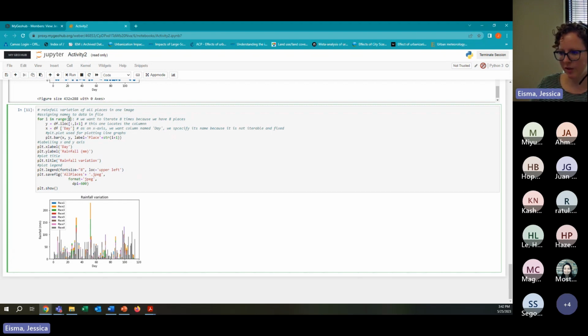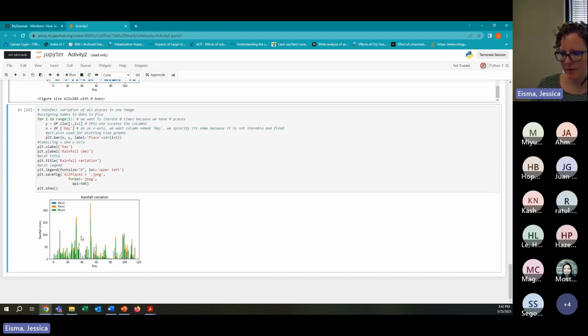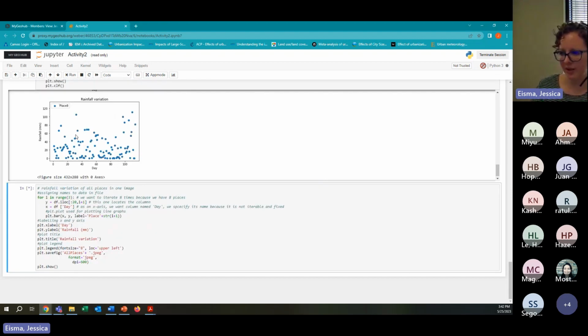I might change it to 3, and then I'm only plotting 3 different data sets. And it'll be a little bit easier to see. And instead of maybe plotting all of my data, maybe I only want to plot like the first 20 days or something, so it'll give me a little bit bigger bar. So instead of plotting all of the days of data here in my df.iloc, I can do 0 to 20 or something, and then